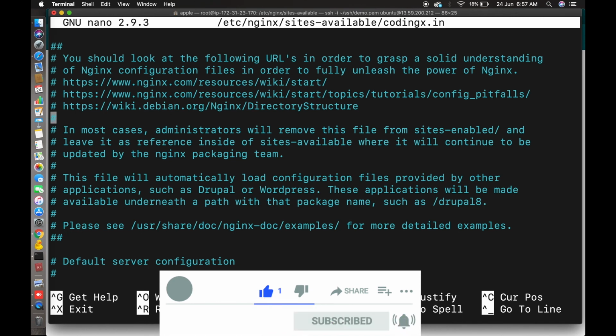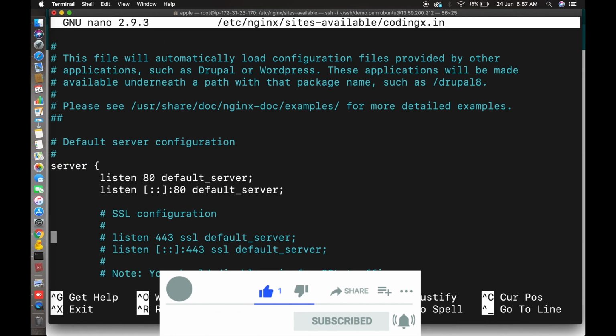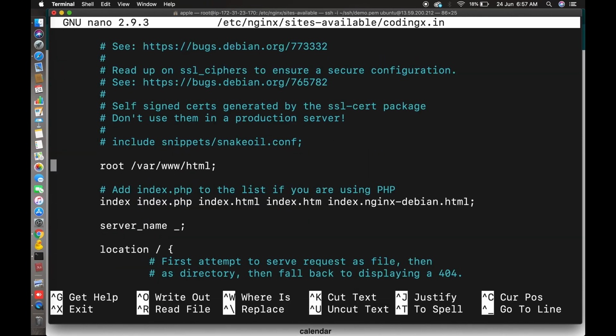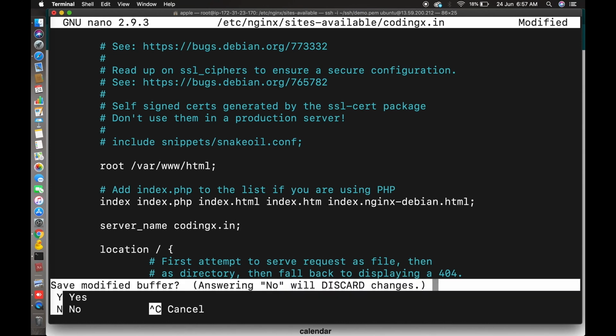Scroll down. We need to change only the server name, otherwise everything is fine. Here you can put codingx.in and www.codingx.in, so it will work accordingly.